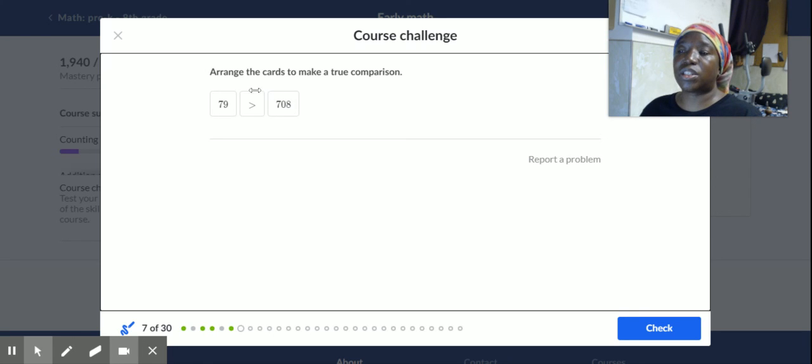What did it ask us to do? It says arrange the cards to make a true comparison. 79 is not greater than 708. So as you're arranging the cards,